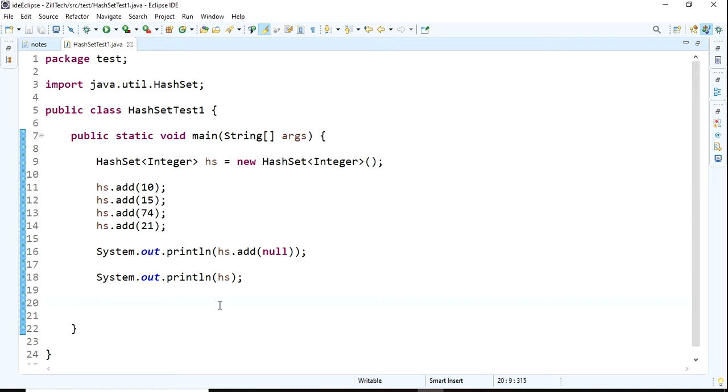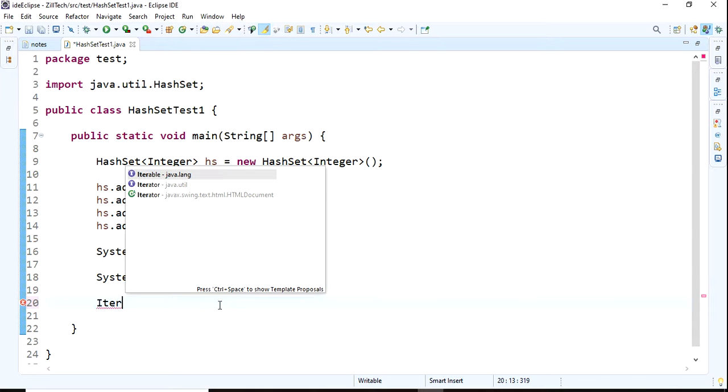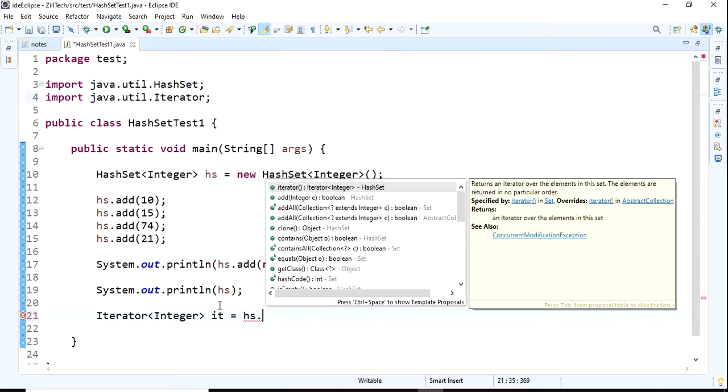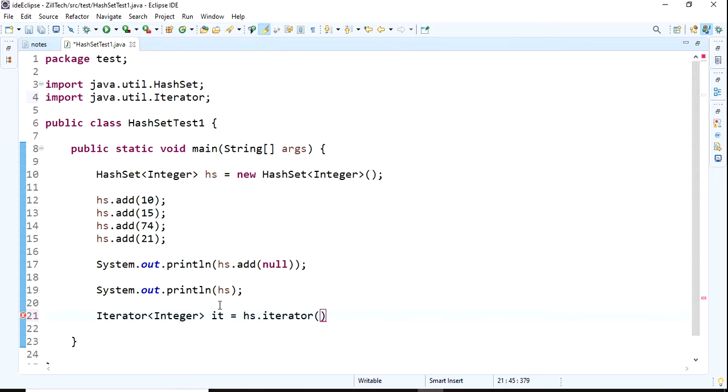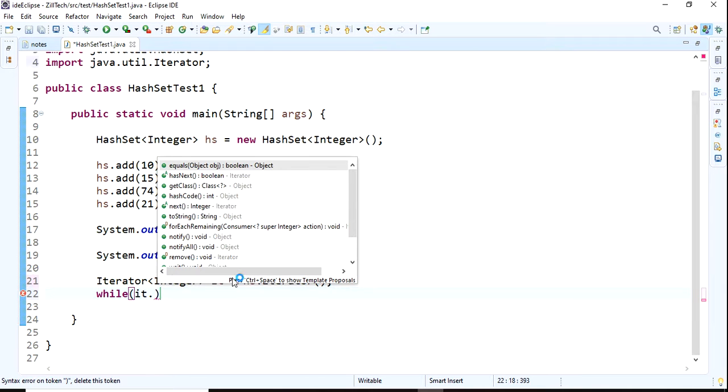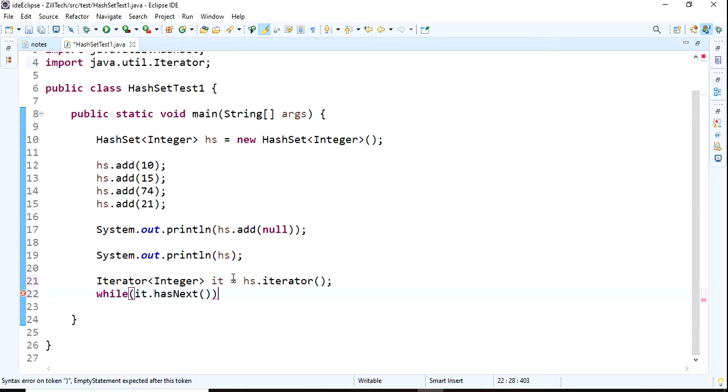Next I want to retrieve. To retrieve we use an Iterator, which is cursor based. Iterator it equals hs.iterator(), so that all the values are converted into an iterator object. Now we don't know the target, so we use a while loop with the method we already know, it.hasNext(). If elements are there it returns true.